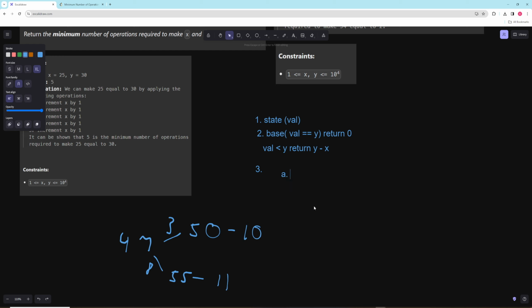So let's look at our recursive cases. So 1, we can decrement by 1, and this is 1 operation. 2, and this is going to break down into 2 subcases. So 1, divide by 5, if possible. Right? So if it's possible to divide by 5, we can divide by 5. And then we can say, if not,